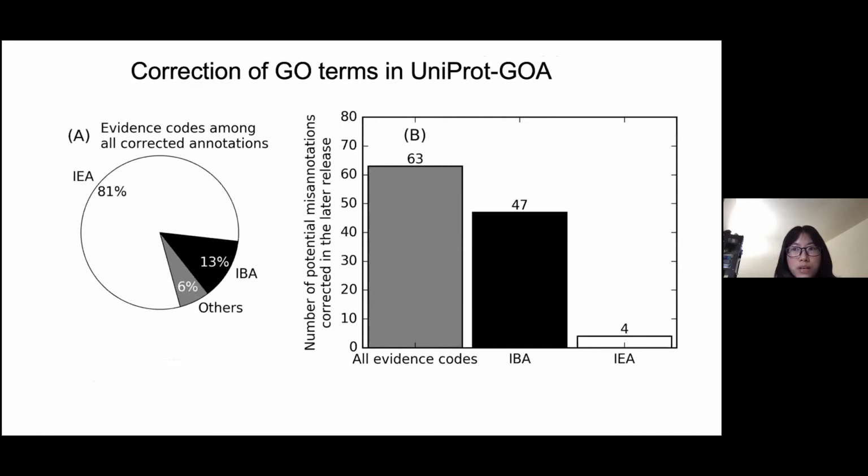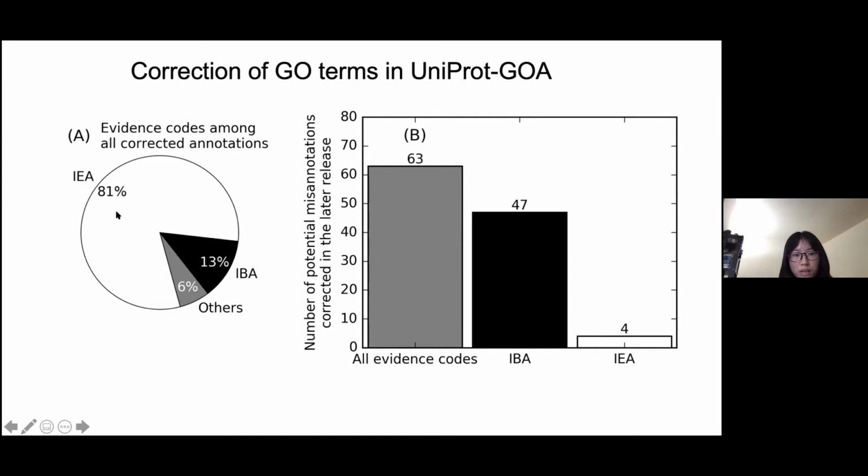Actually, UniProt and the GO constantly correct misannotations. For the 20 species we collected in this study, there is 4.5% of GO term annotations originally present in the UniProt-GOA release 2018, which were removed in 2019. So among its corrected GO term annotations,